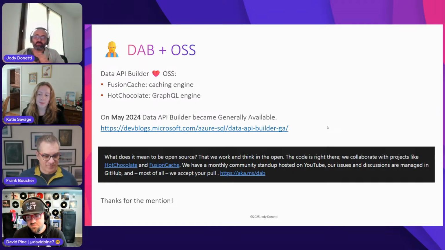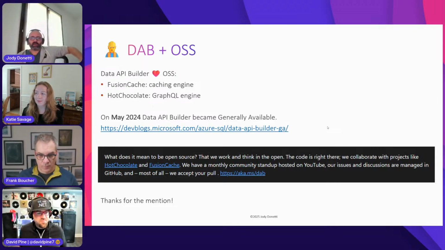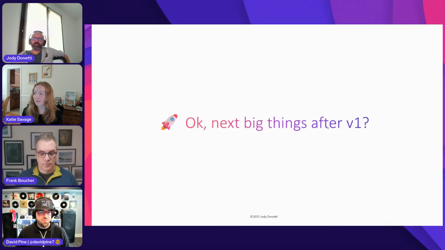And so in May 2024, it went to GA, generally available, and they've been so nice to put a mention of both projects in the documentation. And so thank you for that. That's been a great thing. Now, what next after V1? Let's see. Definitely,